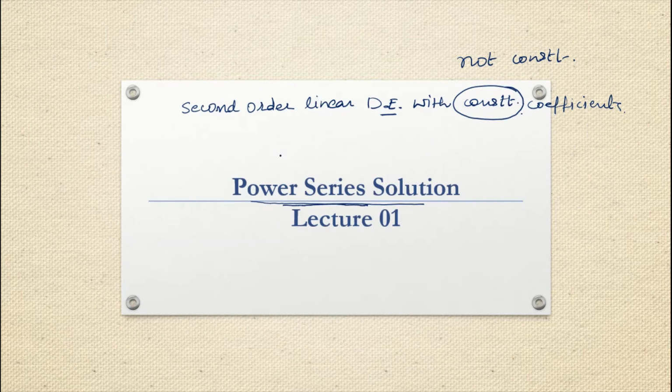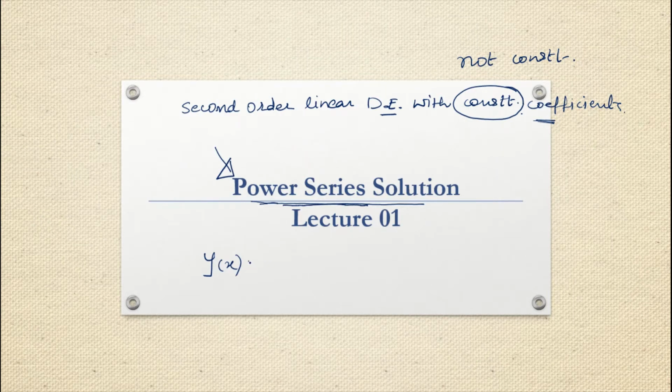So in that case we come to this power series solution method. The power series solution method is useful for solving those types of differential equations where the coefficients will not be constant, first thing, and we will not be able to get the exact solution easily. What is the idea behind this method? We assume some unknown function, suppose y is some function of x, where we want to find the value of y.